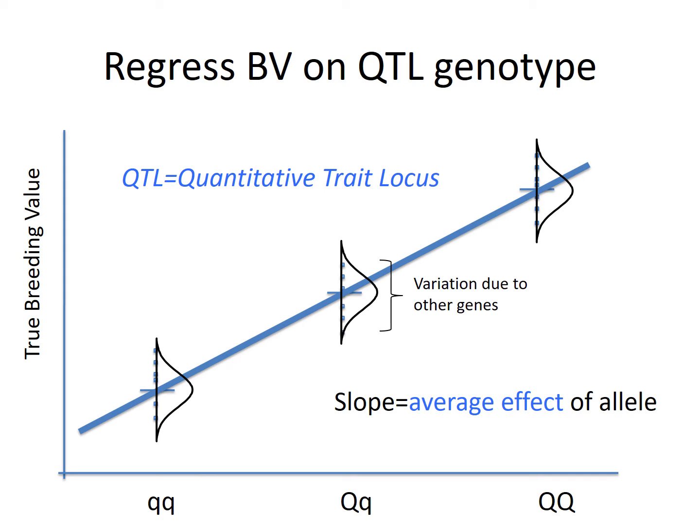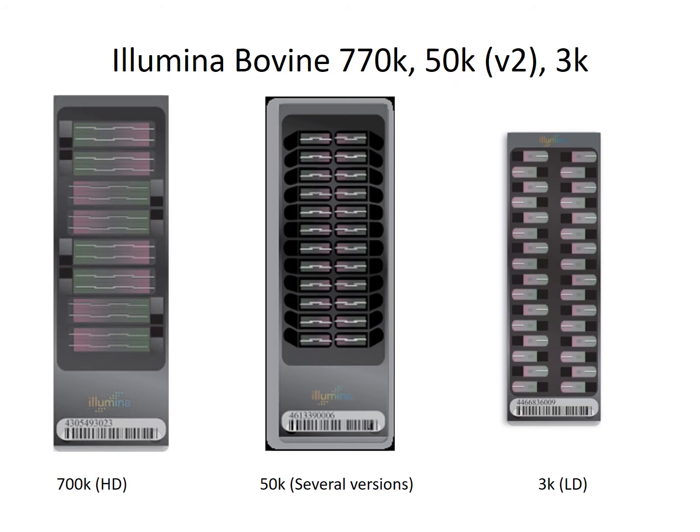The slope of that line represents the average effect of that particular allele, or that form of the gene, and represents how much the performance improves when an animal carries one of those favorable forms of the gene. So this concept has been around for decades, but really it has only been revolutionized when a company called Illumina